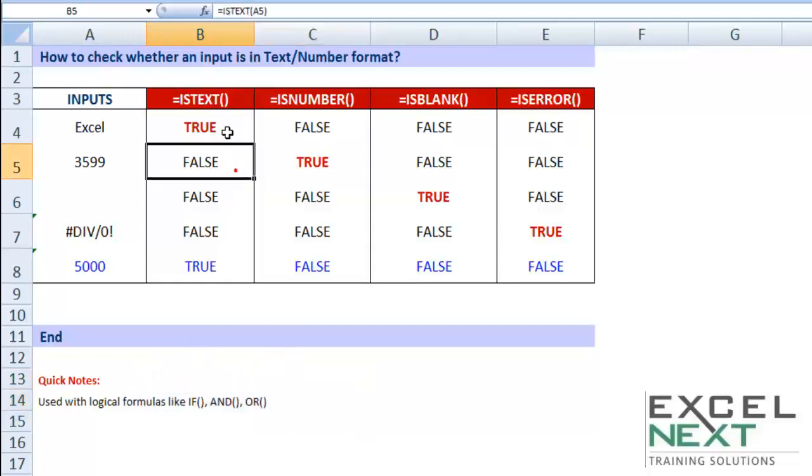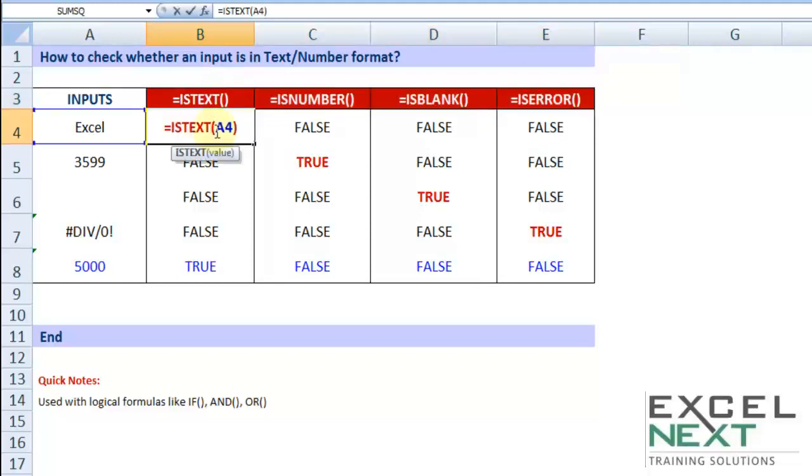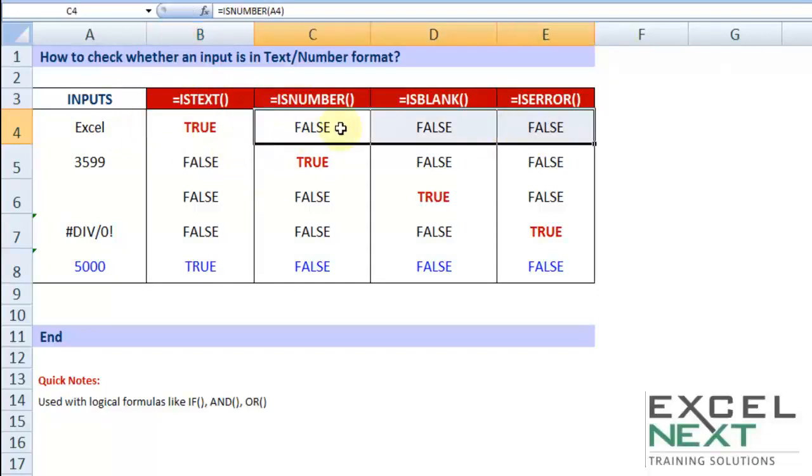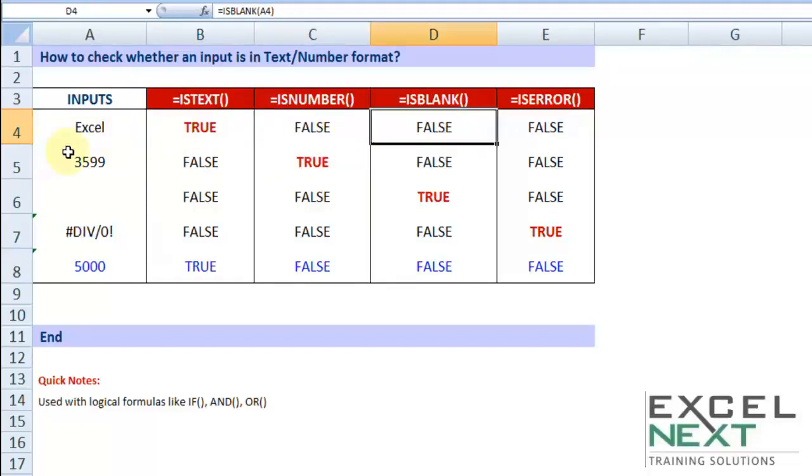Now this time there are four sets of formulas that are based on logic, as the name signifies. For example, ISTEXT. If you ask a cell, are you a text, and if it is, then you're going to get TRUE. And if you notice the three other FALSE statements, everybody was asked the question: is this a number? Obviously it is not. Is this a blank? No. Is this an error? No.